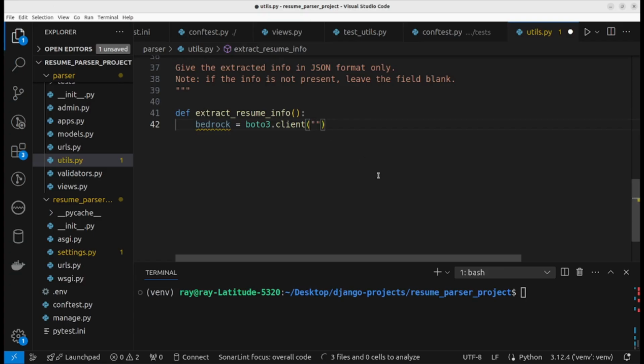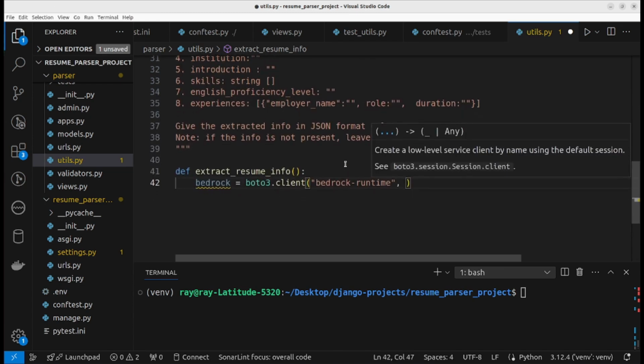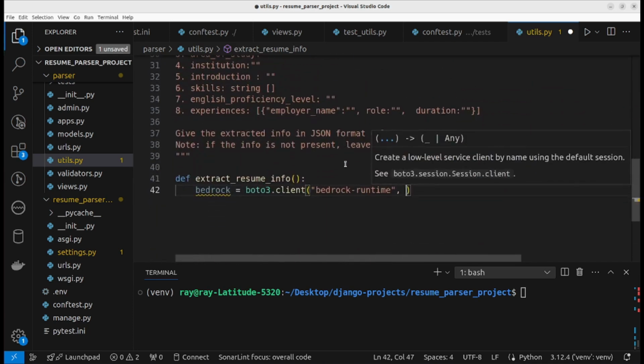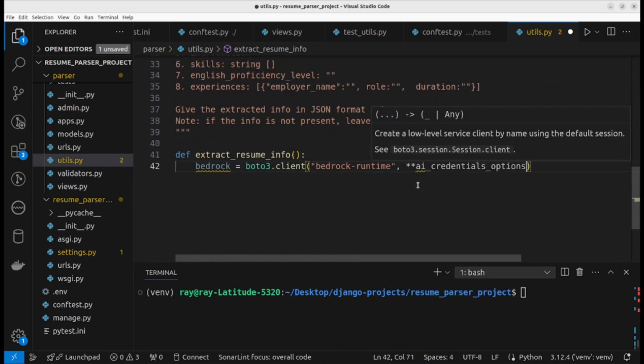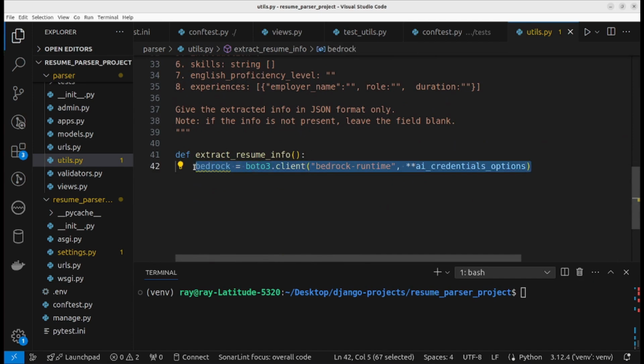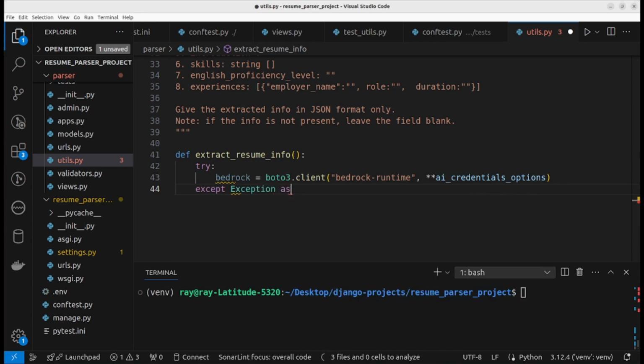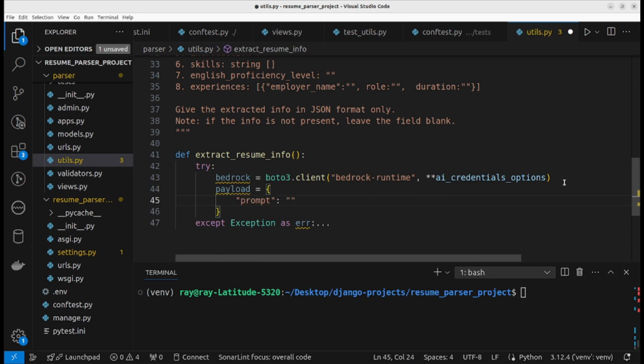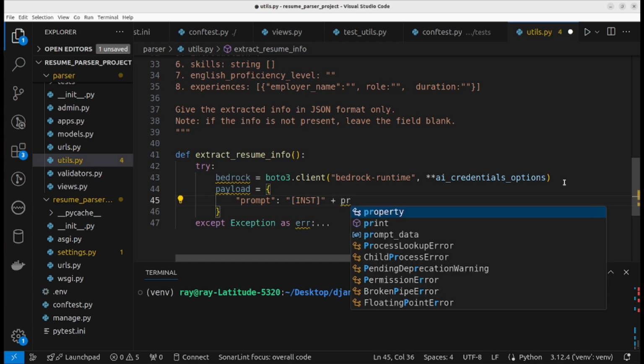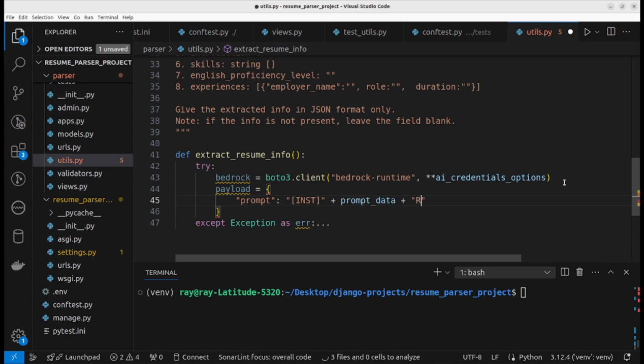The name of the service is Bedrock Runtime, and then we can pass the credentials, AI credentials. Let's put the connection in a try and except block. Try, except Exception as e. Payload, which is what we intend to send, equals the prompt. We need to say instruction plus prompt data, resume content